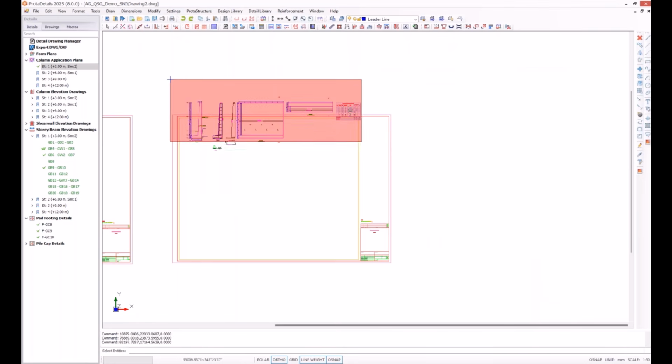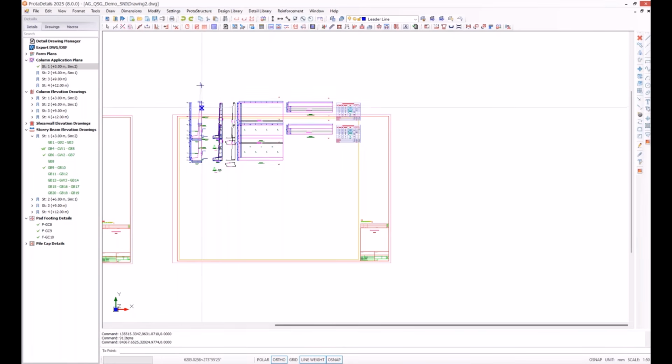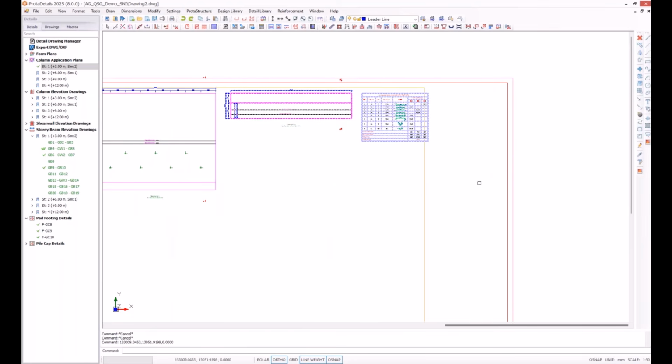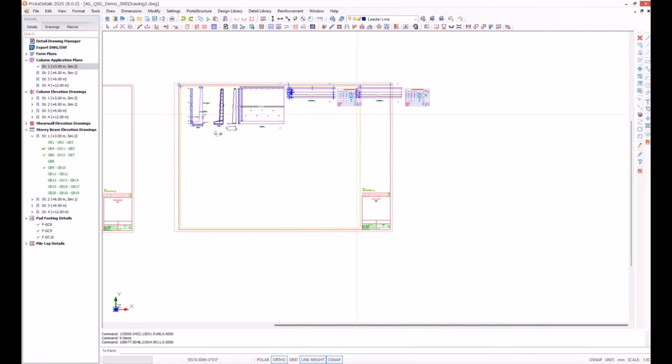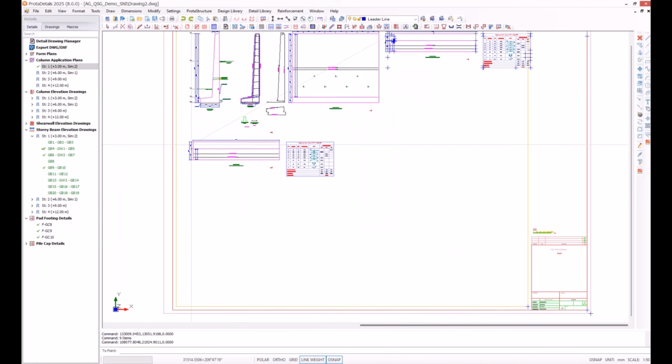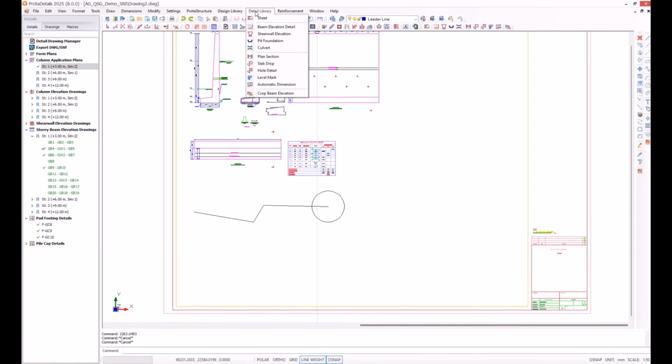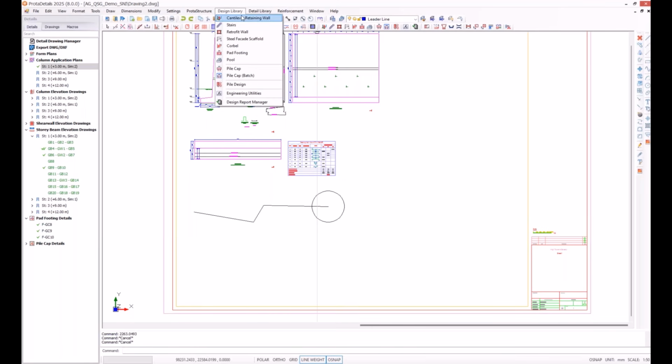Oops, not the correct position. But again, I can move it. I can rearrange everything, whether they are intelligent objects or primitive objects like lines, for example, say lines or circles, it doesn't matter. You have all the CAD flexibility in the ProtoDetails environment. And well, I can talk more about the detail library, design library, but I would like to stop here.